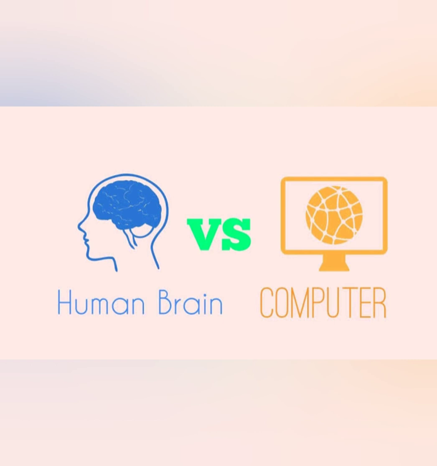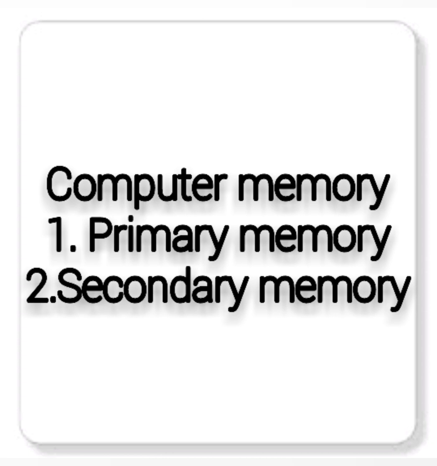Just like our human brain, computer memory is the storage space in the computer where data is processed and the instructions required for processing are stored. We already know that the computer stores all the work done on it. All the information stored in the computer memory is made up of chips. So, there are two kinds of memory. The first one is primary memory and the second one is secondary memory.